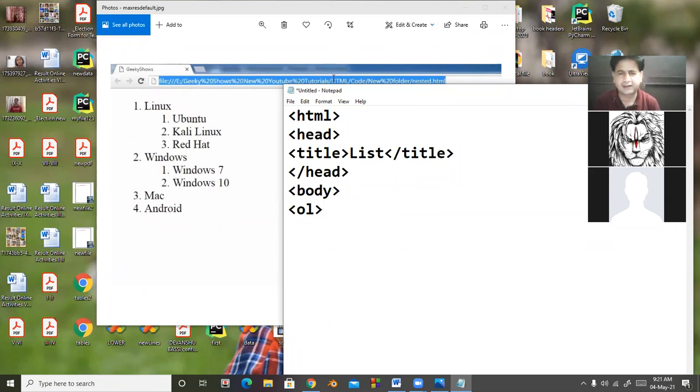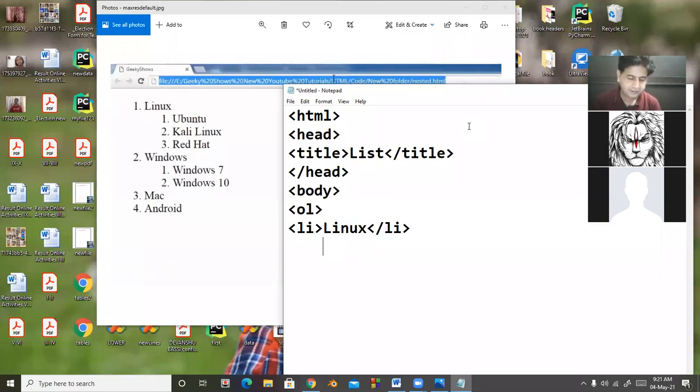Now the first item, LI. LI stands for list item. Here first is Linux, and it is a container tag, so you will have to close LI. Okay, students, look here. After that, the nested list starts here. I am giving some indentation for proper visibility.